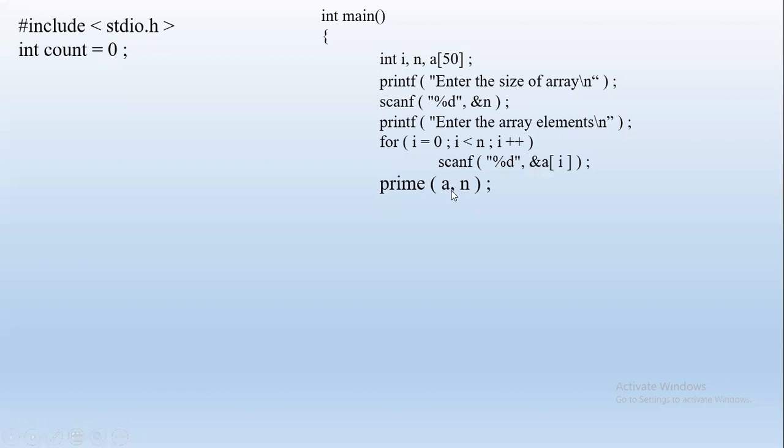So these are the actual parameters. As soon as the compiler sees the function call, it goes to the function. Here we have given the first line, which is the signature or function prototype or function declaration. All mean the same. Here we have given void, so this prime function does not return anything. And what are the parameters? Int A with brackets indicates to the compiler that this first variable is an array.